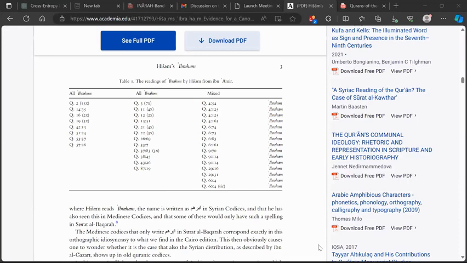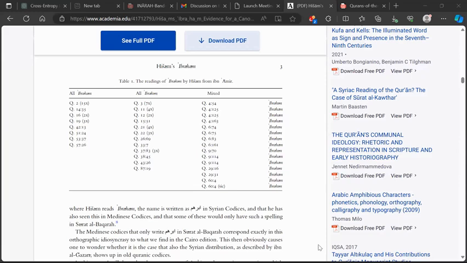So that's basically the analysis of orthography. Like I said, there are some problems. You can't really say that all of those 5 words analyzed by Desroches, for example, in the 7th century show an old spelling, and then in the 8th century they show a new spelling. You can't say that. But generally speaking, most of the old spellings disappear by the mid 8th century. I think we can show that.